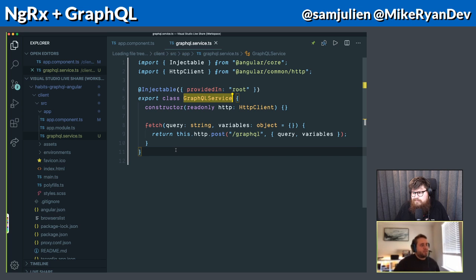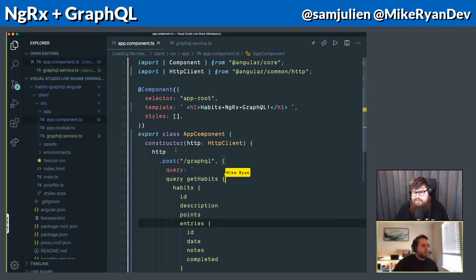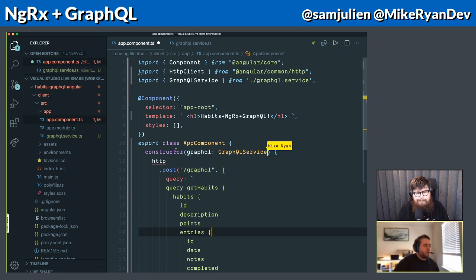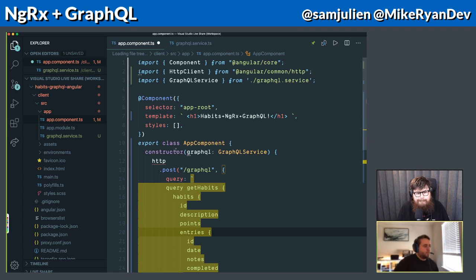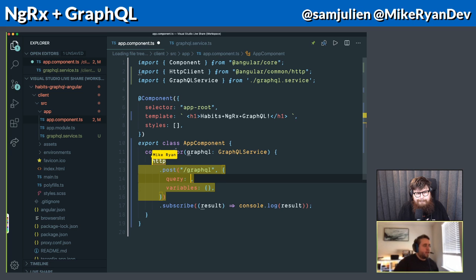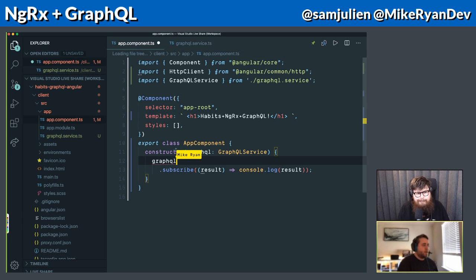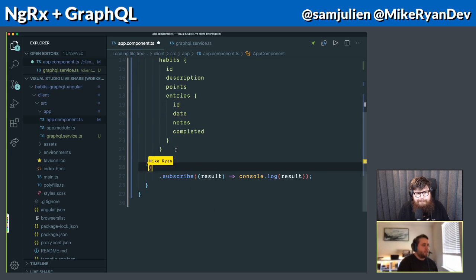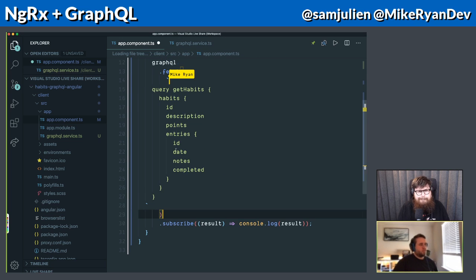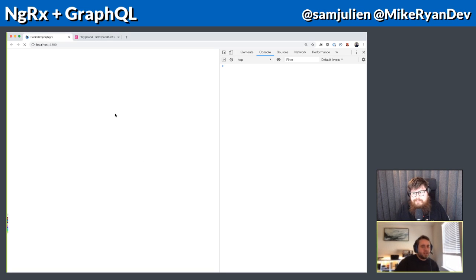So now we can take this GraphQL service and we can go back to the app component, and instead of injecting the HTTP client, we could instead inject our GraphQL service. And then we can take this query, and instead of using HTTP, we can use GraphQL.fetch and pass in that query. Nice. So hit save, should be able to go back to the app, and everything should still be working. We should still be getting our data. Yeah, let's check it out. While we're waiting for it to load,